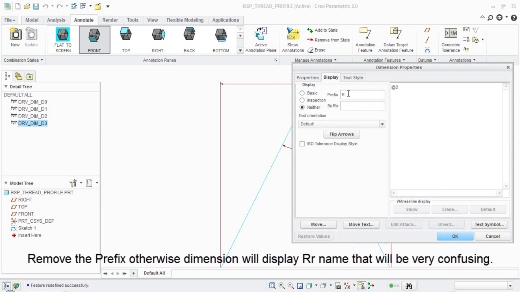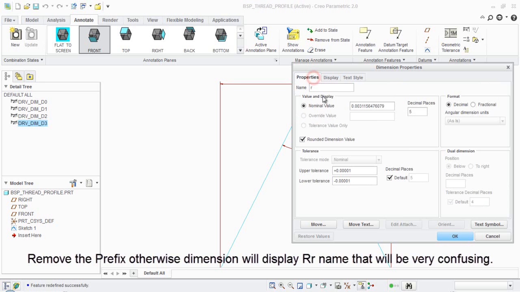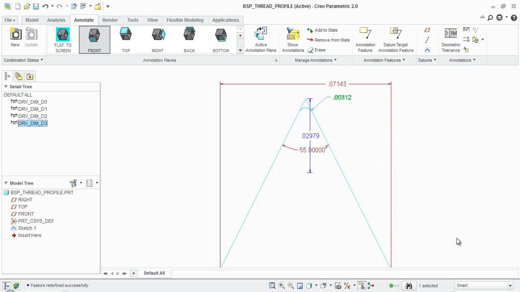Remove the prefix, otherwise the dimension will display an RR name that will be very confusing.